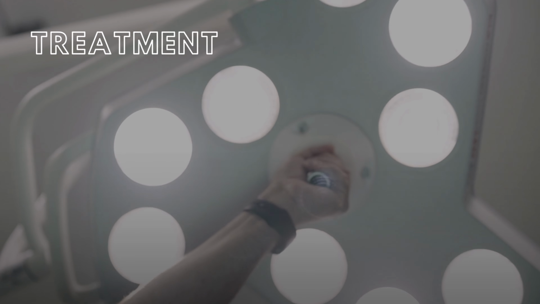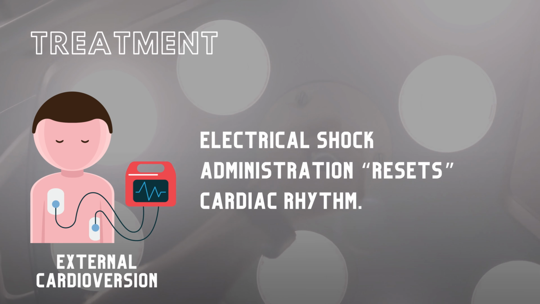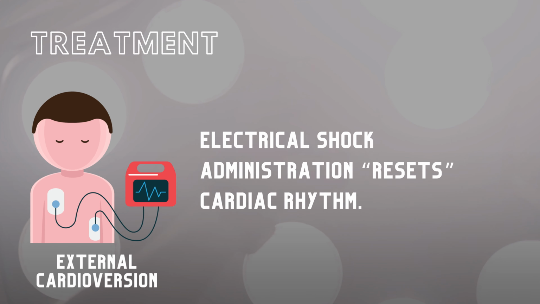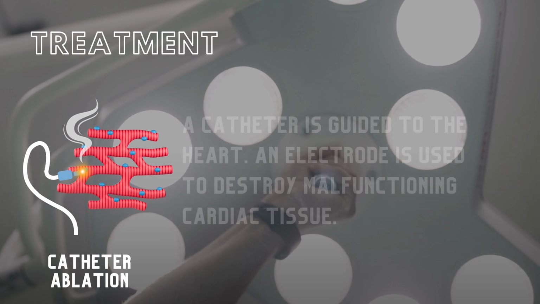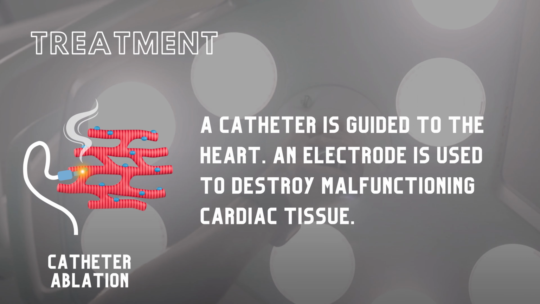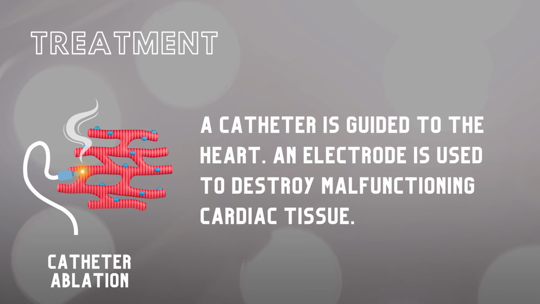The first treatment option for atrial fibrillation is external cardioversion, which uses electrical shock administration to reset the cardiac rhythm. If external cardioversion is unsuccessful, minimally invasive surgical options may include catheter ablation, during which a catheter is guided through a vein and into the heart, where a physician uses a tiny electrode to destroy the malfunctioning cardiac tissue, or